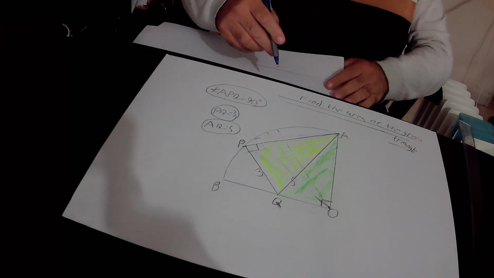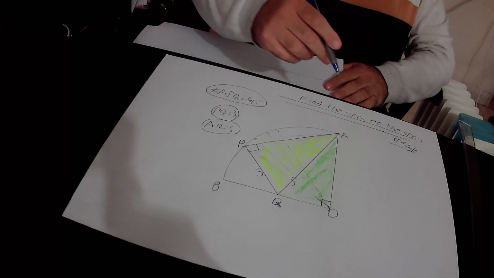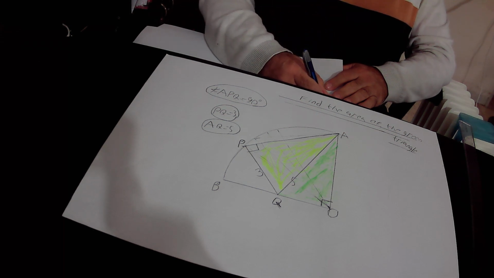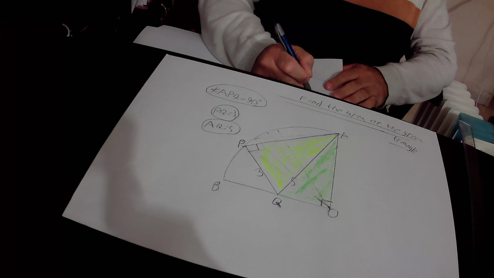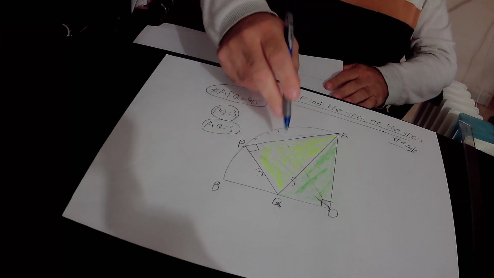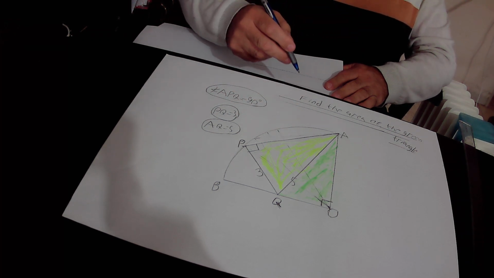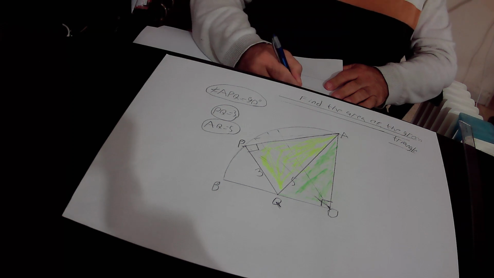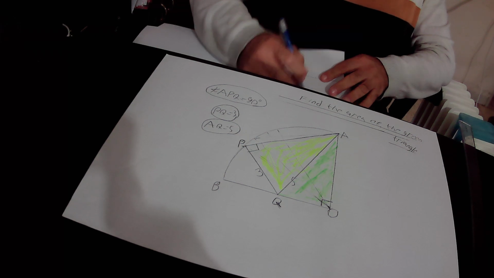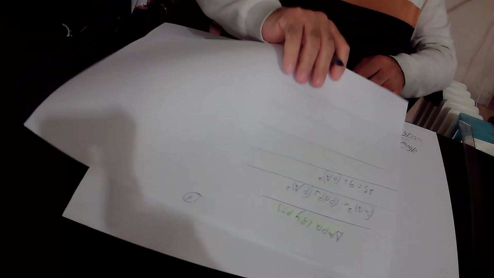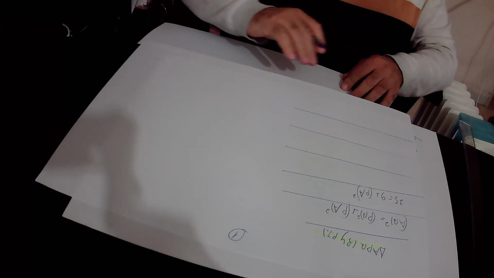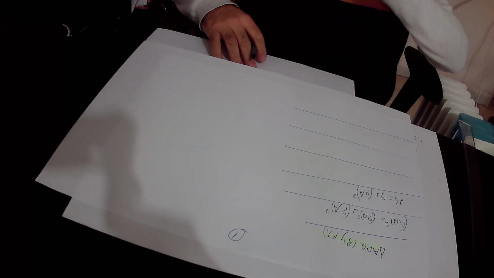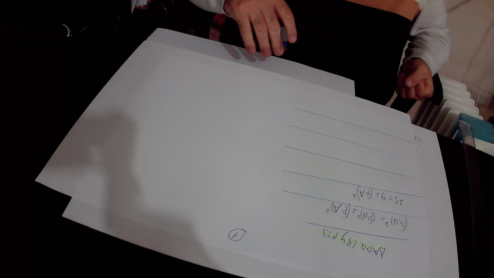AQ is 5, therefore AQ square is 5 squared, that is 25, and it is equal to PQ square. PQ is 3, and so PQ square is 3 squared, that is 9, plus PA square. So I found out that 25 equals 9 plus PA square according to the Pythagoras theorem in the right